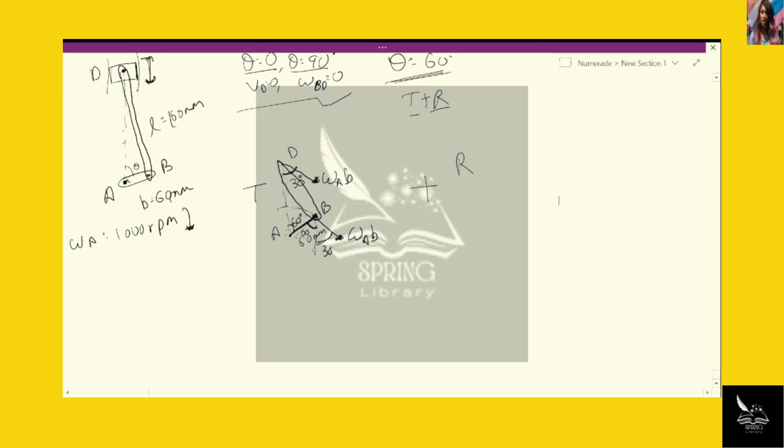Now let's write down the rotational part. For the rotational part, this is our rod. I draw pretty fat rods. I should make my rods thinner, since it's hard to draw the correct angles with these fat rods. But anyways, for rotational motion, we assume B to be fixed. And at point D,